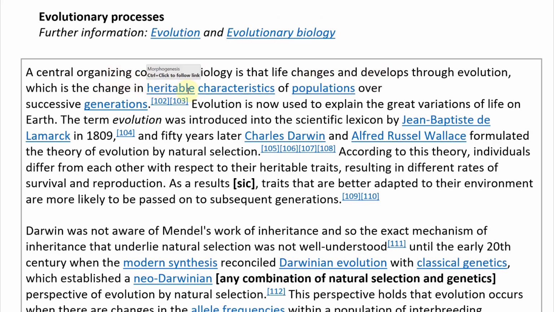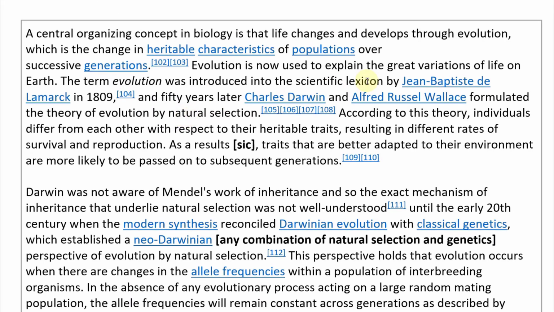All right, continue further. A central organizing concept in biology is that life changes and develops through evolution, which is the change in heritable characteristics of populations over successive generations. Evolution is now used to explain the great variations of life on Earth. The term evolution was introduced into the scientific lexicon by